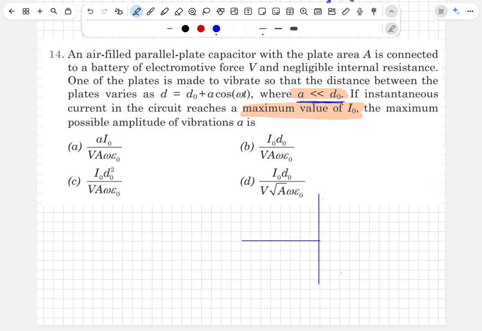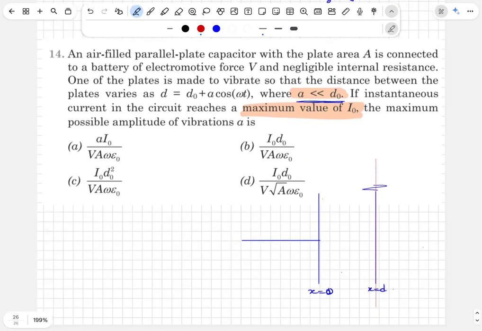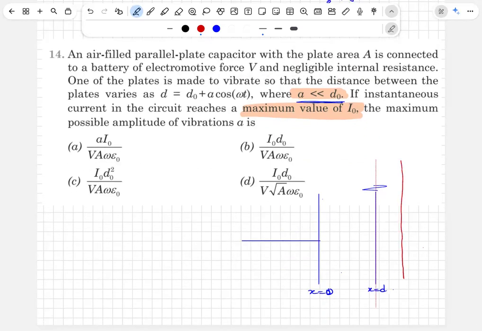For our understanding, I am writing it bigger. It is vibrating about that y-axis line. Vibration is happening about this line. So your vibrations are confined